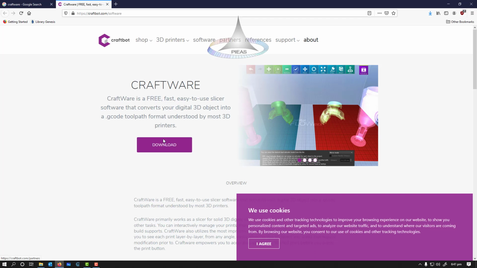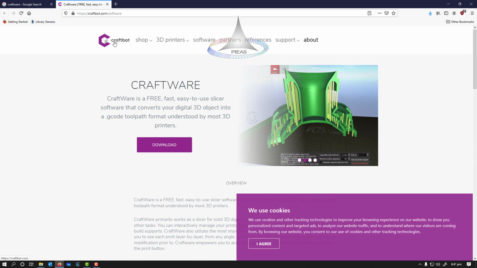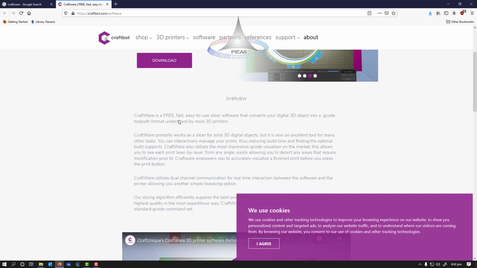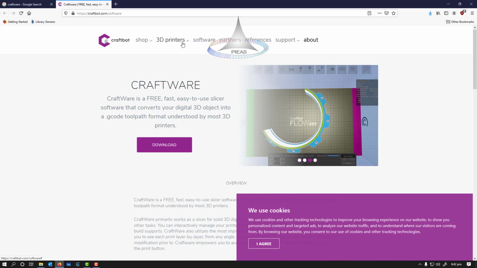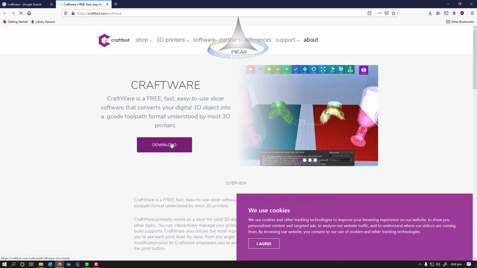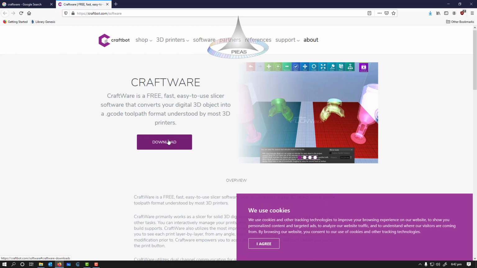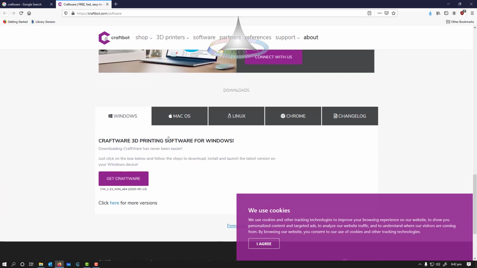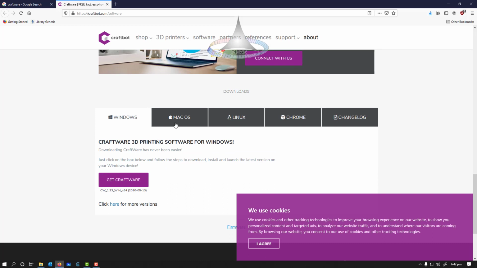You can see here I've opened the website, and the name of the website is craftbot.com, and here you can find the software named Craftware. You can download it, and if you need other than Windows, you may go to Mac OS, Linux, Chrome, whatever OS you are running.